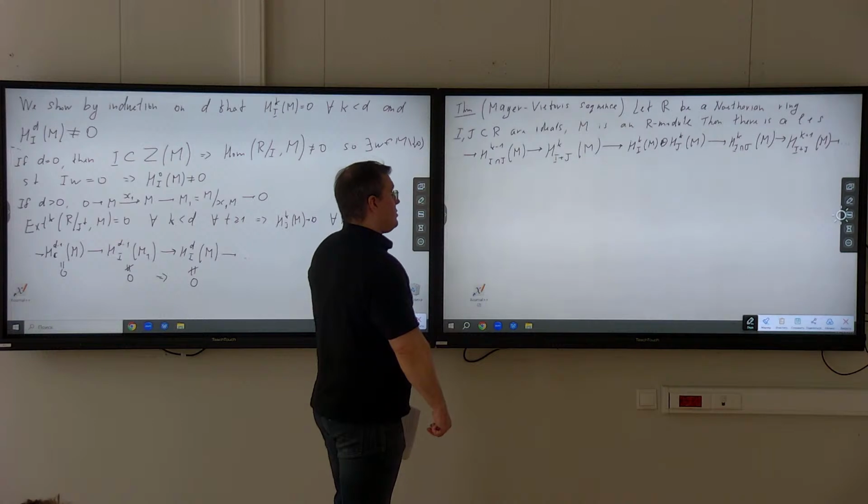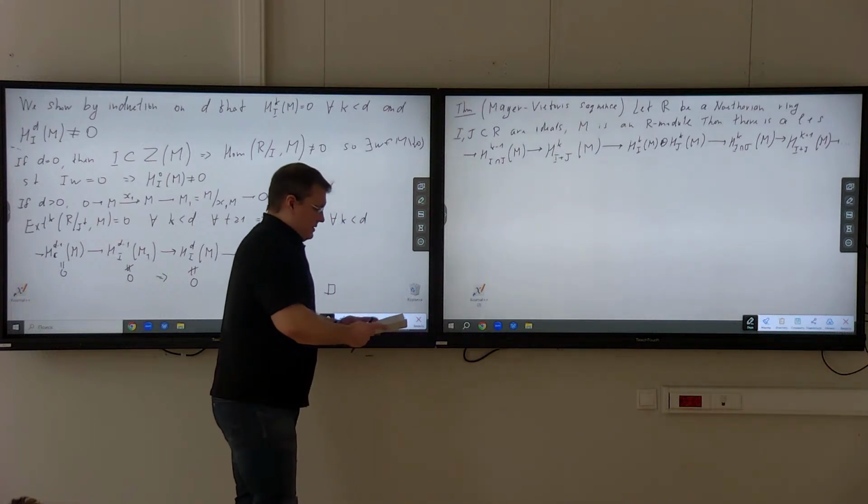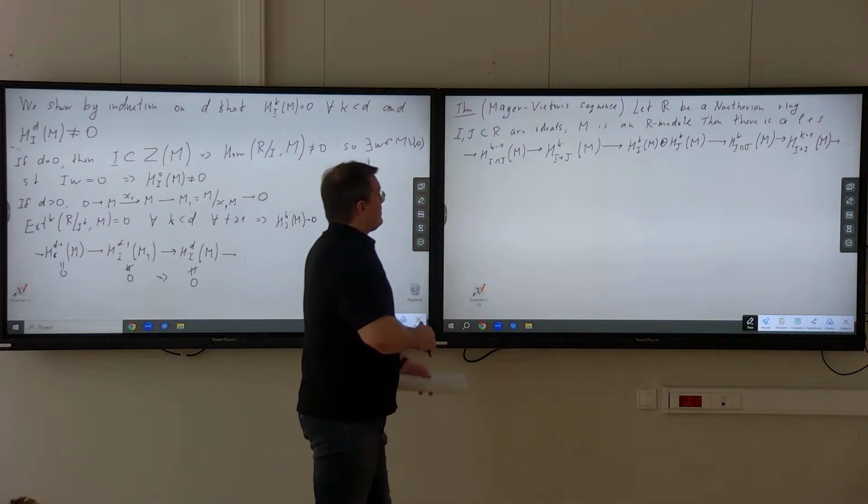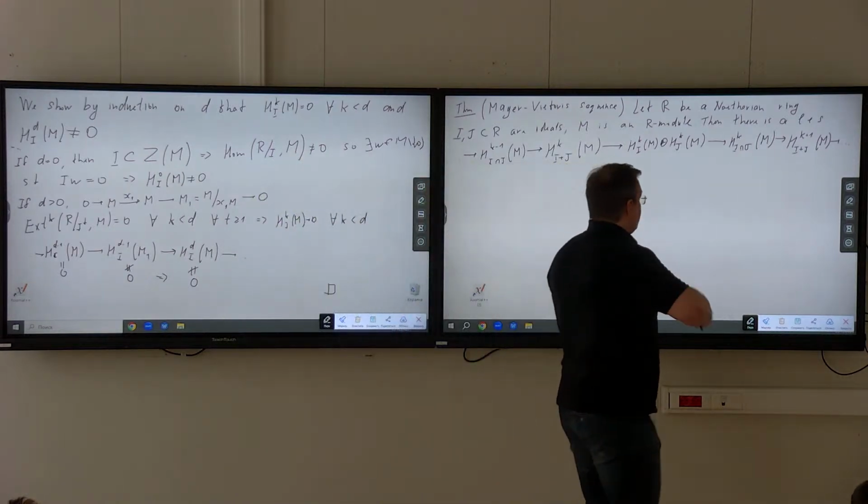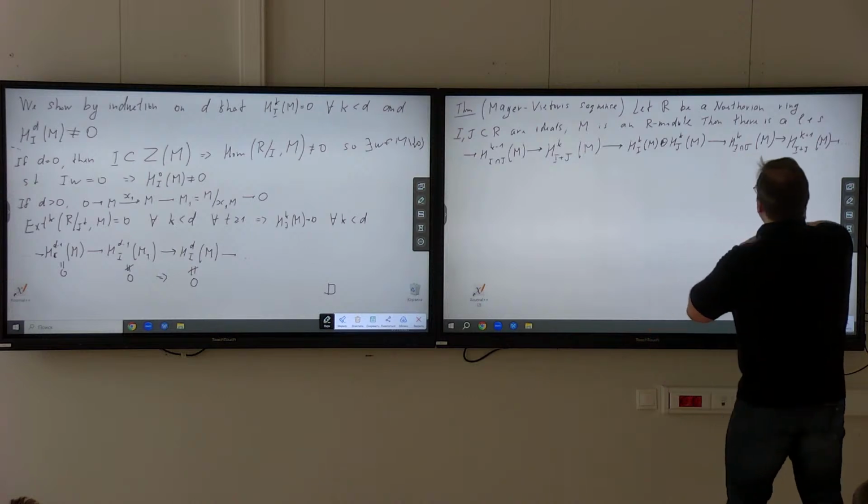The sum of cohomology and the cohomology for the intersection. And this indeed looks like my Mayer-Vietoris sequence from algebraic topology. Well, if you look at the